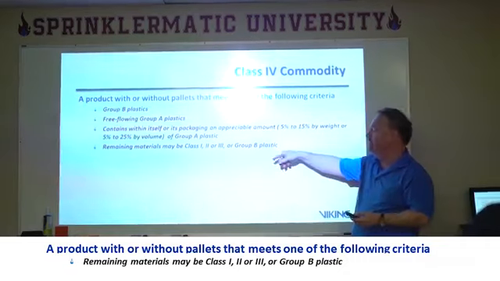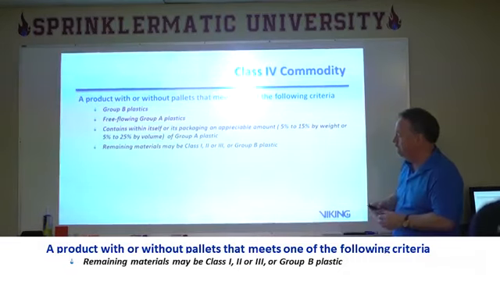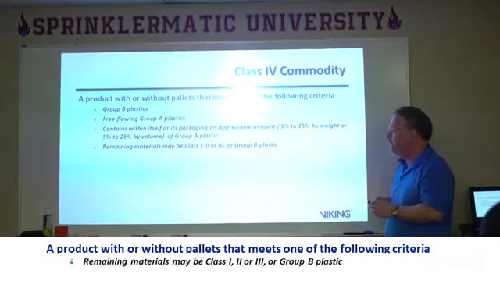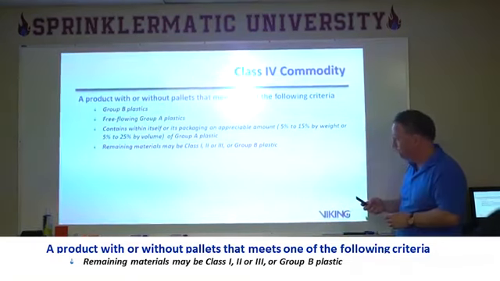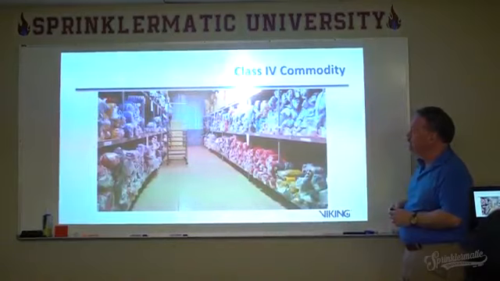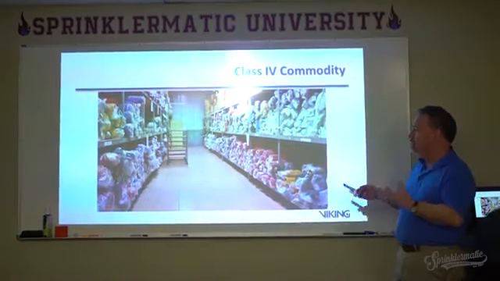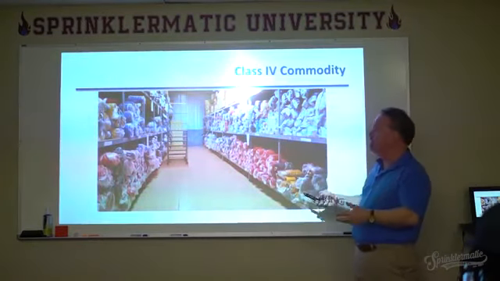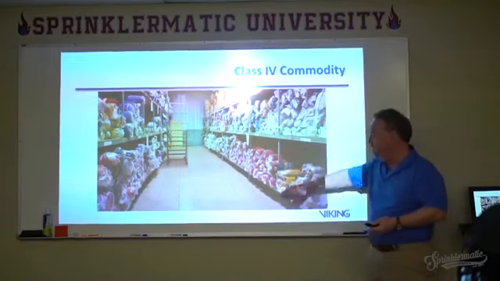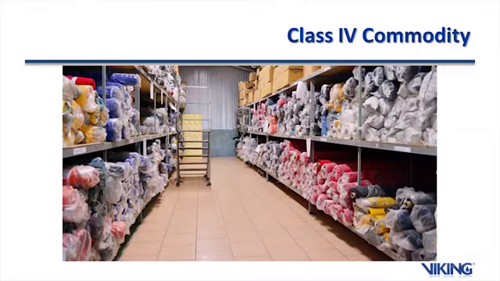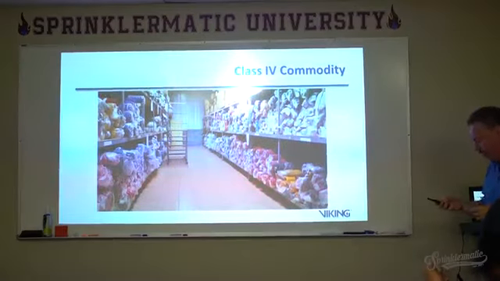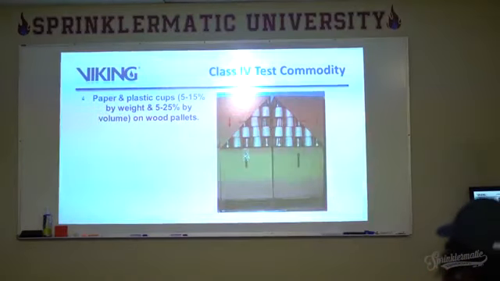The remaining material here can be class 1, 2, or 3 up to group B plastic. So class 4 commodities, basically a combustible commodity, but it also can have a number of other plastics involved in it. What we did to test this then was